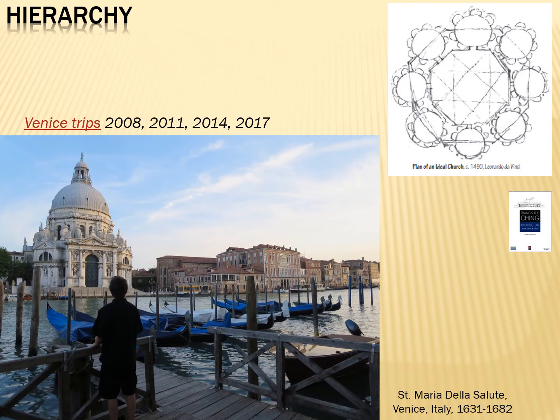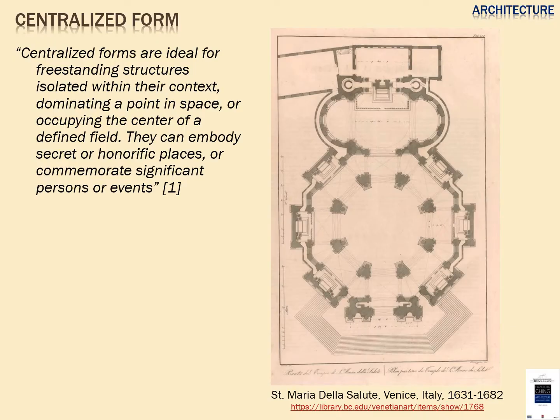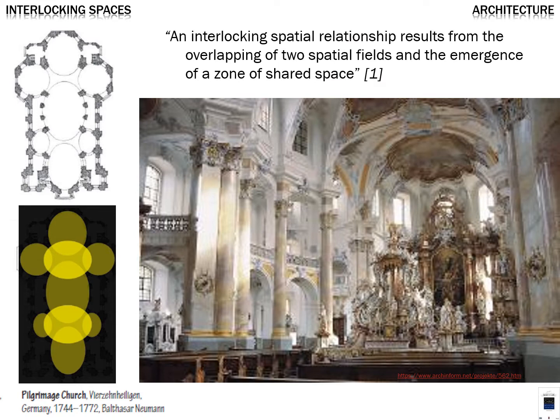This is Santa Maria della Salute in Venice, Italy. This is my son in the foreground here in 2011, or 2014. Went back again with my wife and daughter in 2017. You can see the form here and the hierarchy of spaces. Here's an original drawing of it, seeing the central space and the organizing spaces around it. You can see here the spatial relationship from overlapping spatial fields,